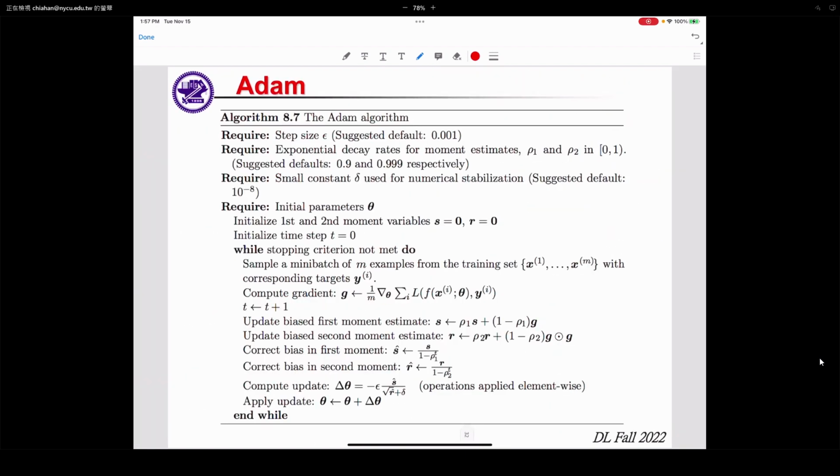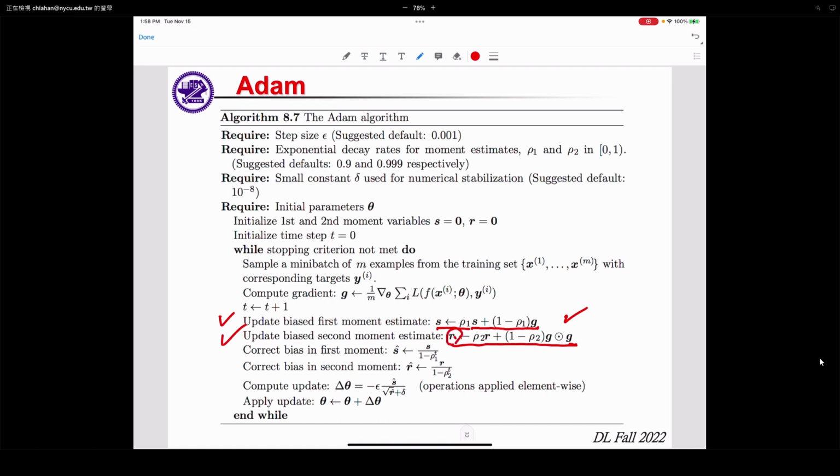Okay, let's read the algorithm itself. So here, very similar, right? We have the update here. You have seen this before. What is this? The moving average in RMSProp. So here we add a momentum term, right? S equals rho 1 S plus (1 minus rho 1) G. So this is momentum. This is not momentum,